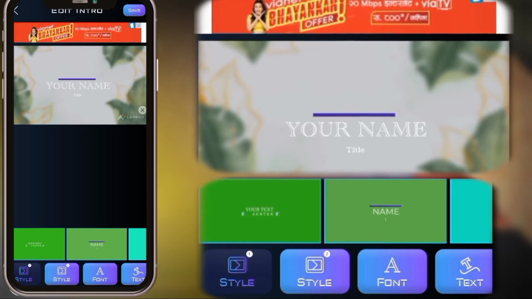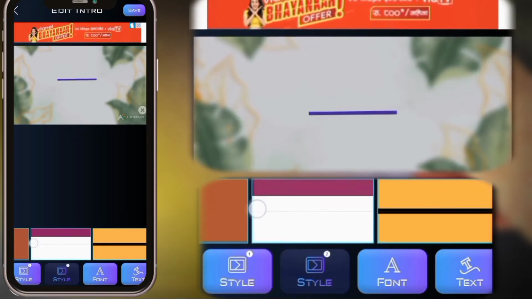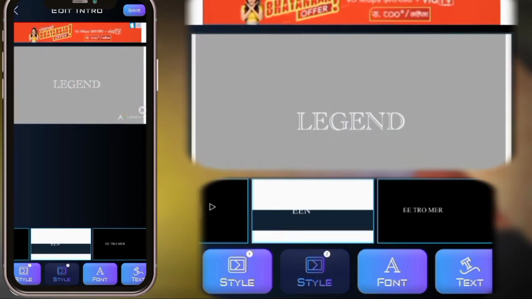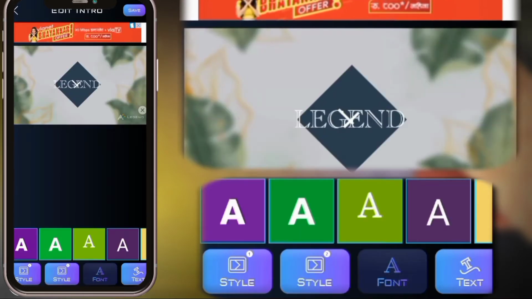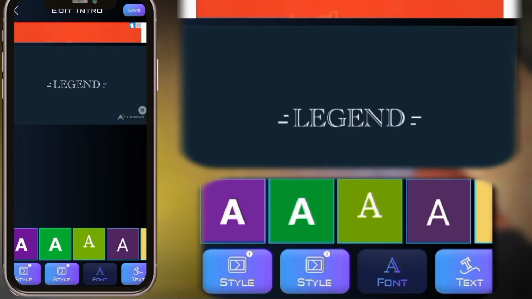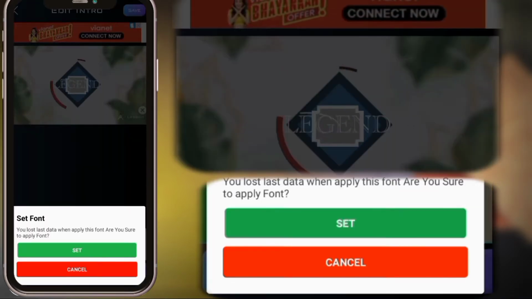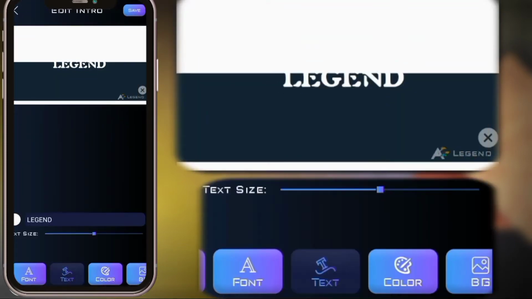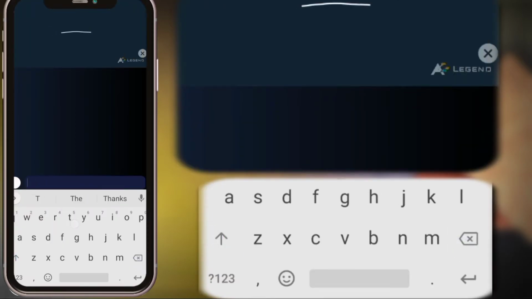style, and in here style 2 you will get how your intro transition is going to look. So I will give it a randomly one style, and after that here comes the font section where you can change how your text would look like. So I will give one font here like this, and after that here comes the text section and where you can write your channel name and it will appear in your intro. I give Techie Man,